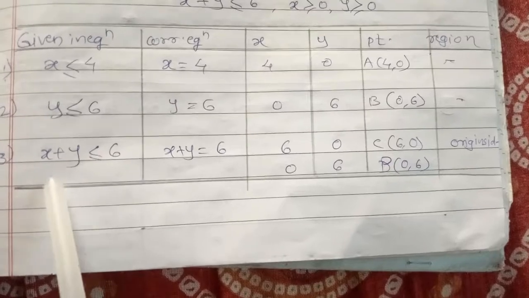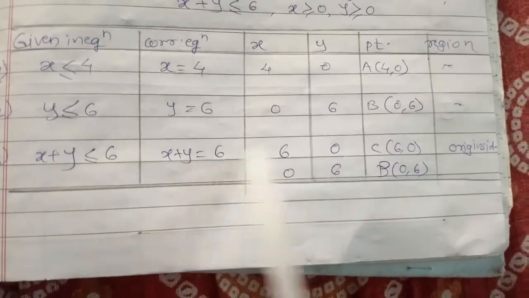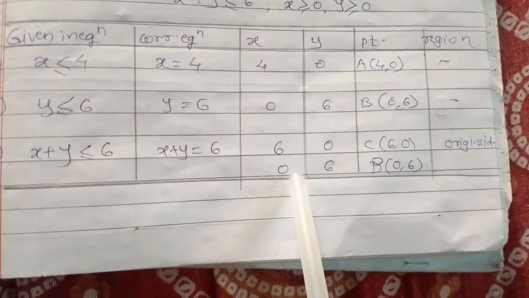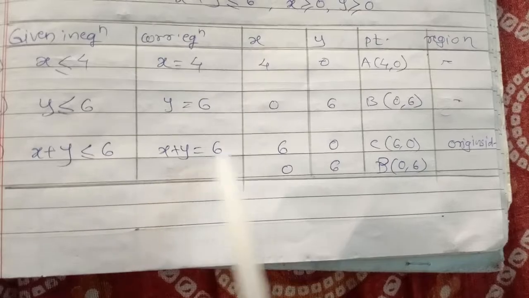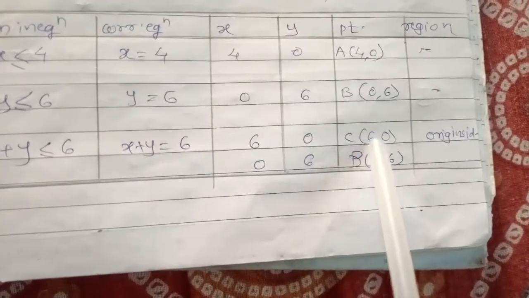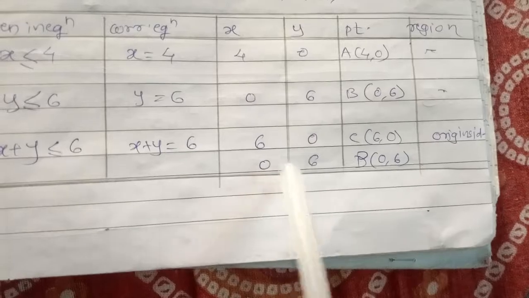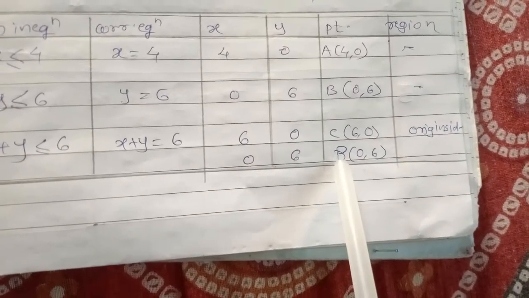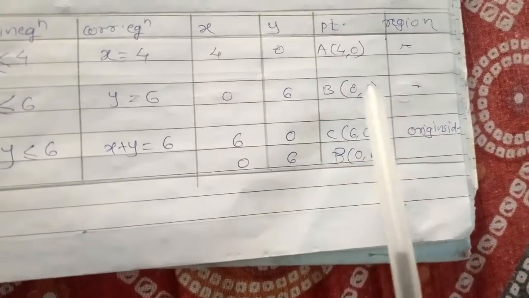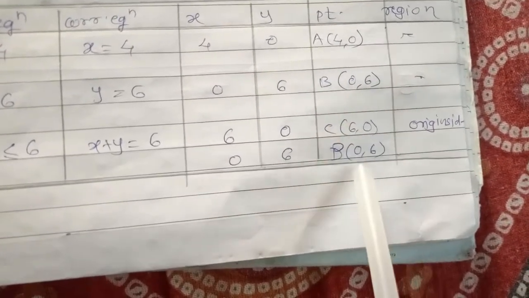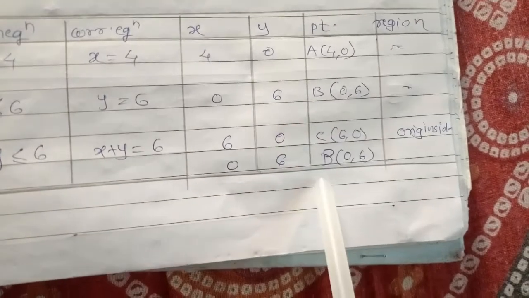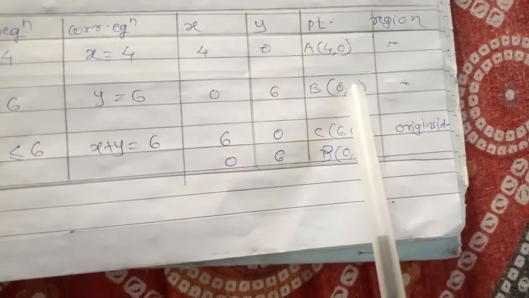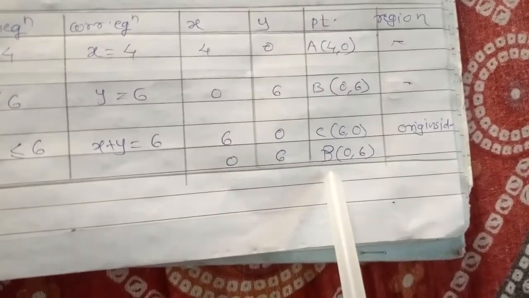Now in this equation there are two variables, x and y. So here we put y equals 0, so we get x equals 6, and after putting x equals 0 we get y equals 6. So we get the 2 points, C(6,0) and (0,6). Instead of writing a new point, since both points have the same coordinates, (0,6), if this is B, we can write B instead of D. So if this point is B, this one is also B.